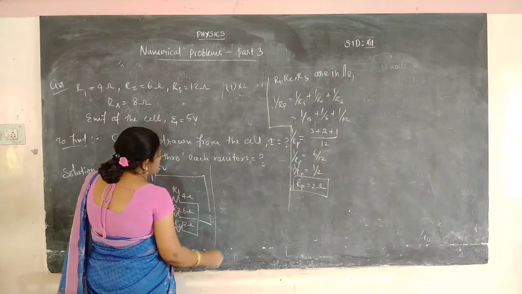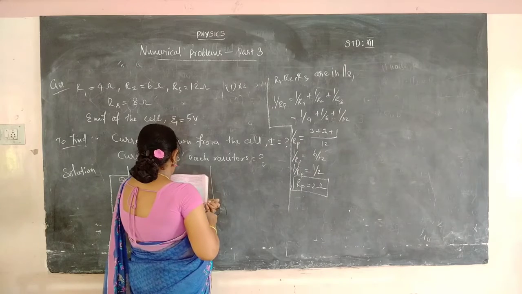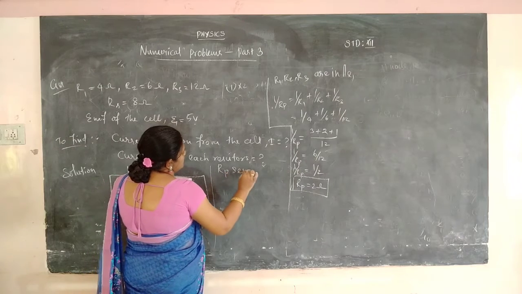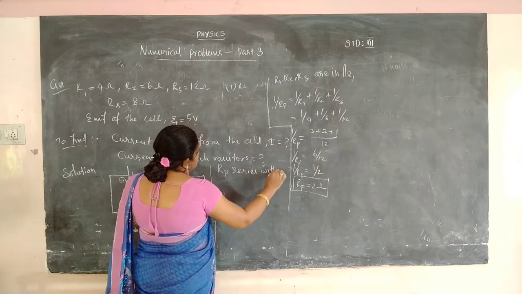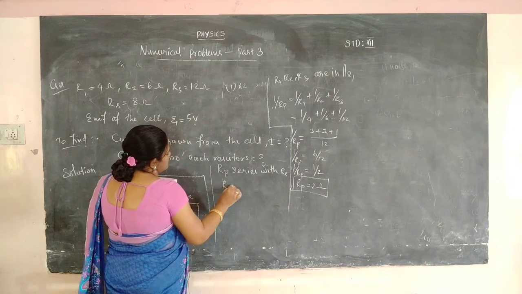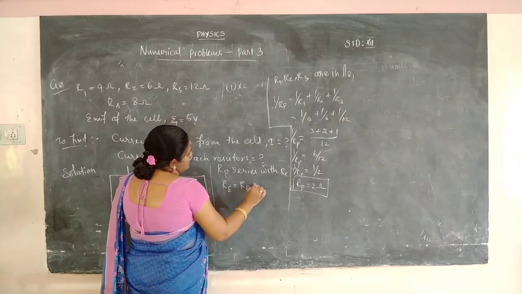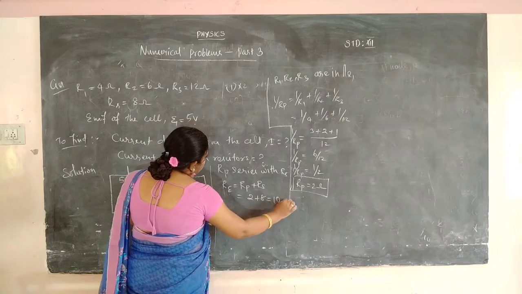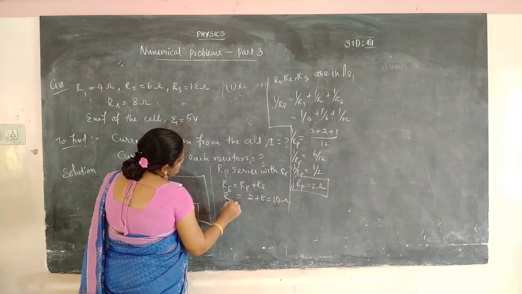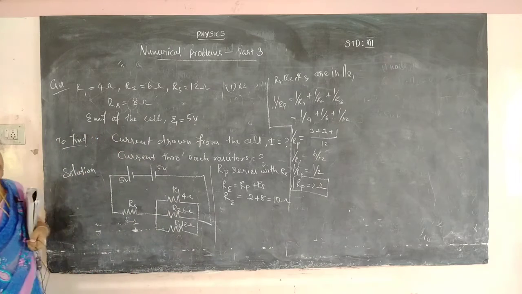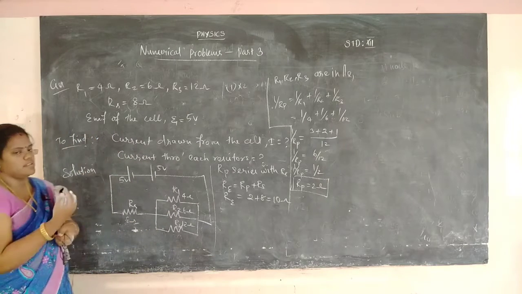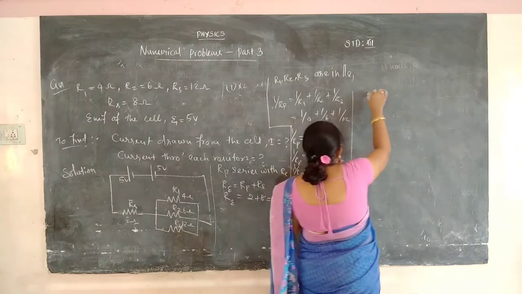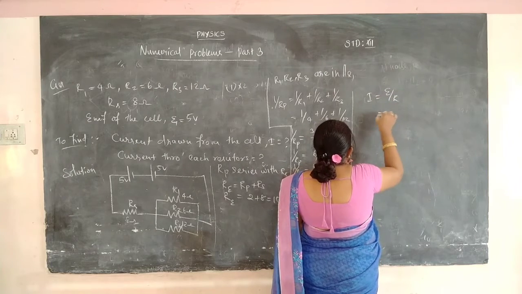Now we want to calculate the resistance with the one connected in series, we calculated that. Okay, so Rp in series with RS. The effective resistance is Rp plus RS. So Rp is 2 and RS is 8, so 10 ohm. So our effective resistance R is equal to 2 plus 8, which is 10 ohm. So we have found the resistance. Now the current drawn from the cell: I is equal to epsilon by R. What is the epsilon value, ma?